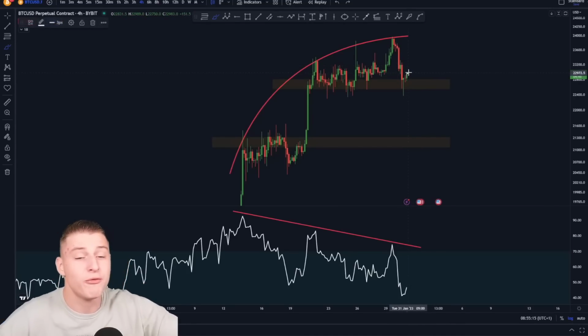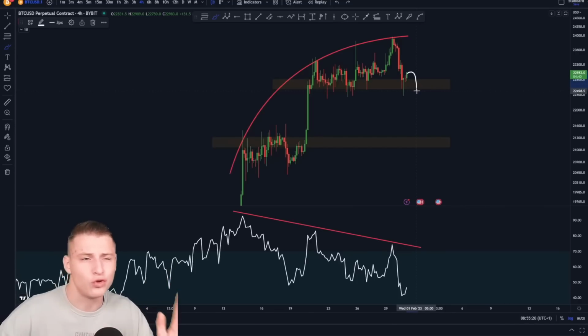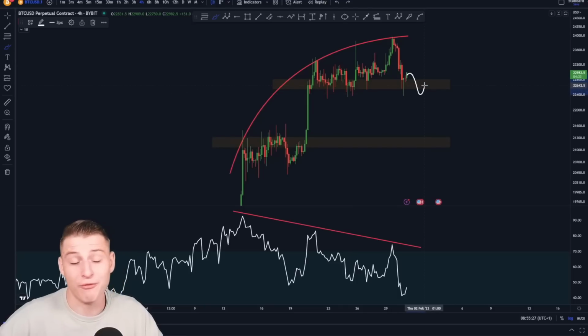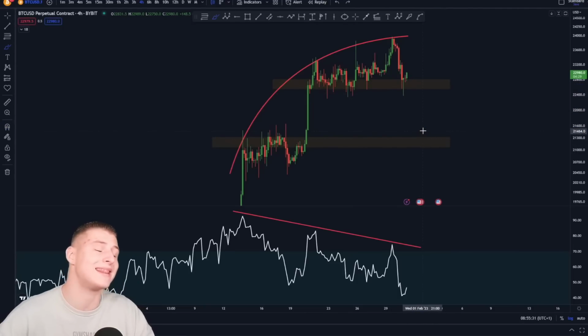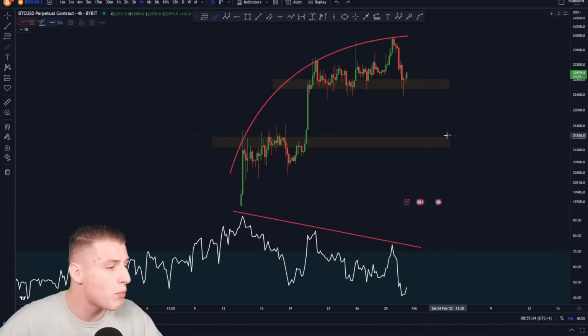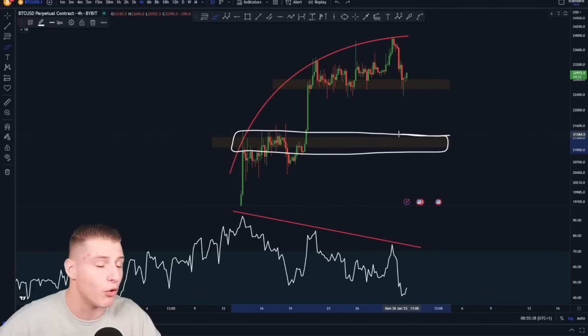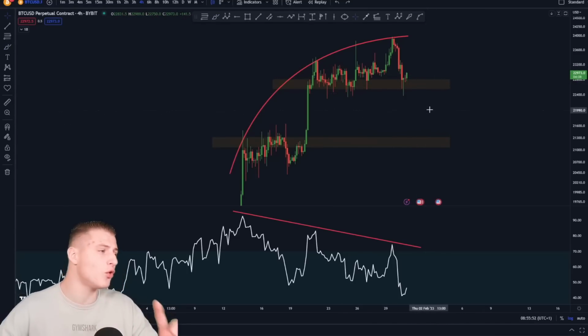As long as we're holding up towards this level, it's actually going to look quite okay. If we do confirm a 4-hourly candle close below 22.5k to 22.4k, it will be confirming a breakdown for Bitcoin. And if we have a breakdown, then I will be shorting Bitcoin to 21.2k. And that is also the point where I will be adding more margin to my trade, on that 21.2k level. However, there is still a scenario that we will not even touch the 21.2k, because currently, if I quickly look at this structure...